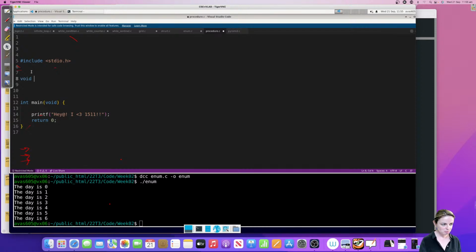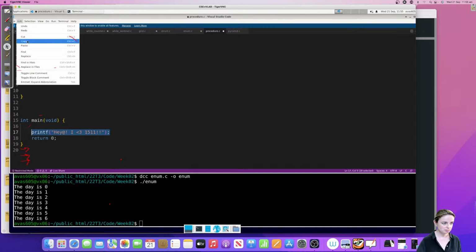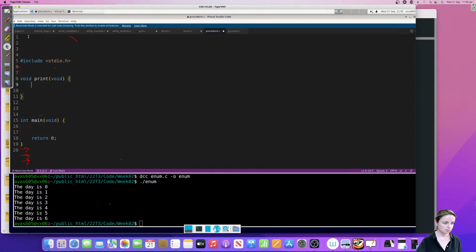So it's going to be a void because it's not returning anything. And I'm going to call it a print function because I'm not really giving it anything. So I'm going to have a void here as well. And then all I'm going to do in here is I'm going to have my printf statement. Now notice, because this is void over here, I don't need to return anything here.